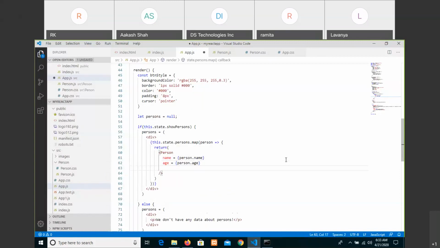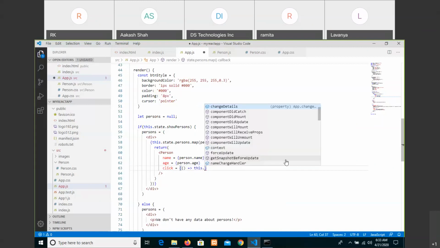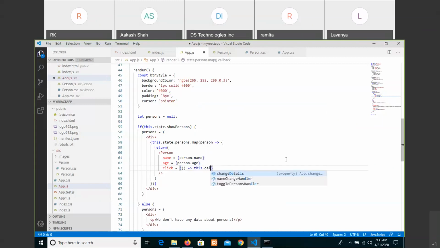To create the concept of deleting or something else, first of all, you have to create the clicking functionality. So write a property that equals opening and closing curly braces, saying this.delete person's handler of